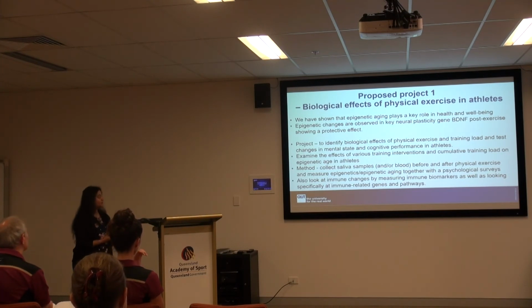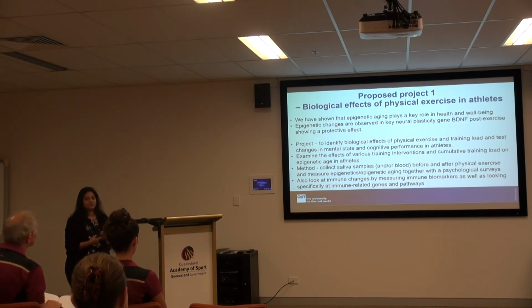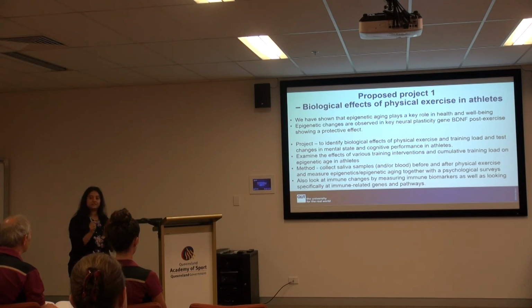And also try to look at different types of training interventions, looking at the cumulative training load, similar to what we've looked at with the epigenetic aging, and seeing how these differ and how they can change depending on differences in the interventions or the training. And I guess the way to go about it is, of course, to collect a biological sample. So this could be a buccal swab or saliva. Saliva is really easy. We've done it with the paramedics. You just get a tube and you just spit into it. It's disgusting, but it's really easy.